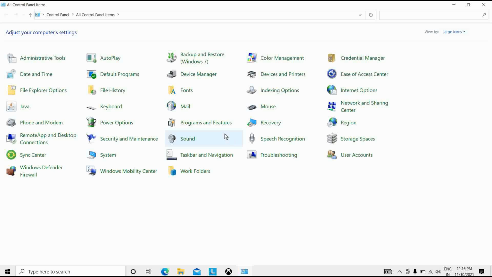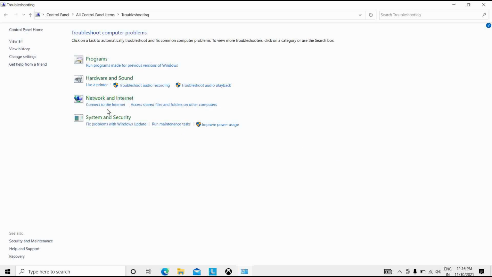So for that what we have to do, second, is open the Control Panel app and change the View by option to large icons, which we have already done, and select Troubleshooting. So you can select here the Troubleshooting tab. I can see here the Troubleshooting. You can see here this is the Troubleshooting option. So I will simply double click on Troubleshooting, so it will open like this. Then after that we have to select View all from the menu. So I will select it here on the left side. You can see here the View all option.